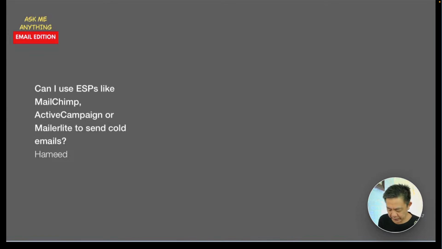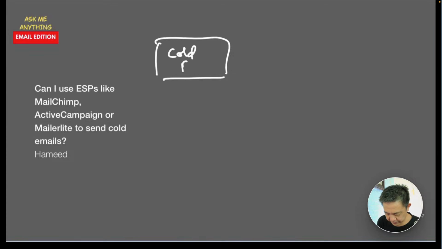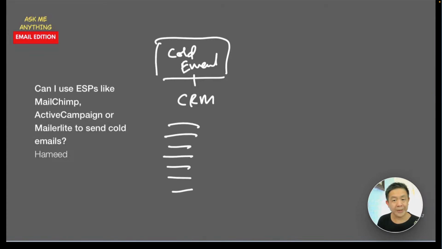So for cold emails, the infrastructure, or the way it's being done, is this. You will still have a system, or a CRM kind of system, where you have a list of all your prospects or your lead lists. And this tool works similarly to an ESP in the sense that you can manage the list, and you can manage the schedule of the email sends and all those things. The difference is these services do not send the email. You would then forward it to accounts that you register,